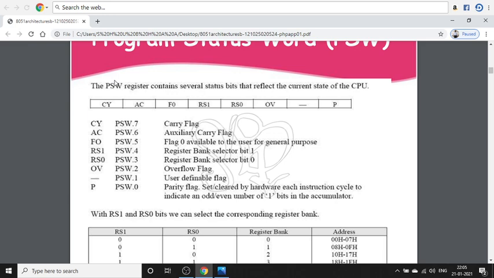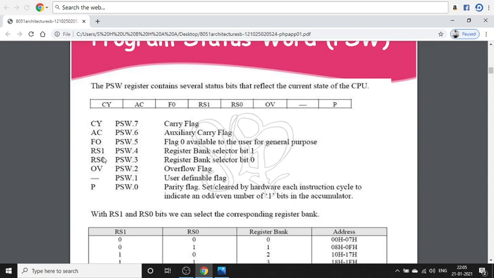It is available to the user as a general purpose flag, and it can be set or reset as desired, so the designer or programmer can program it. Then we have RS0 and RS1, the register bank select flags, bit 1 and bit 0.